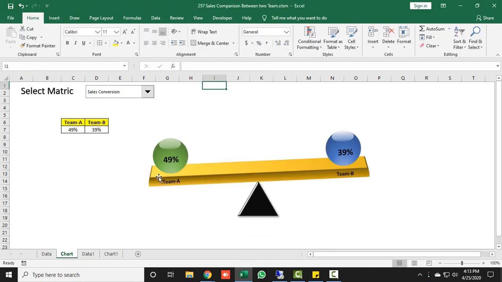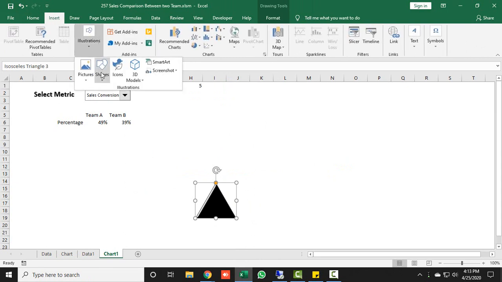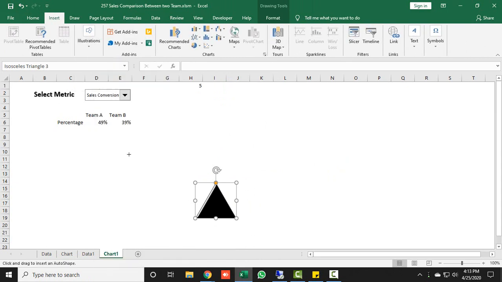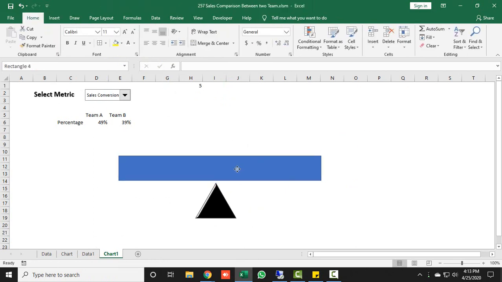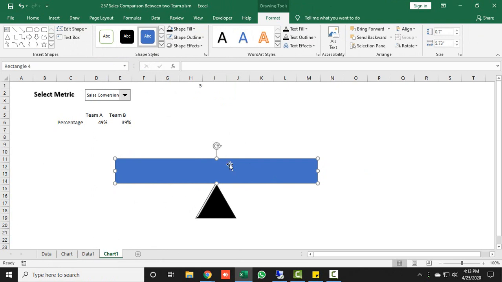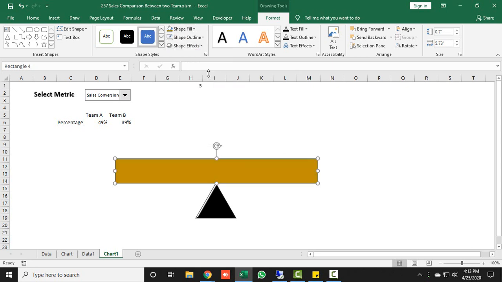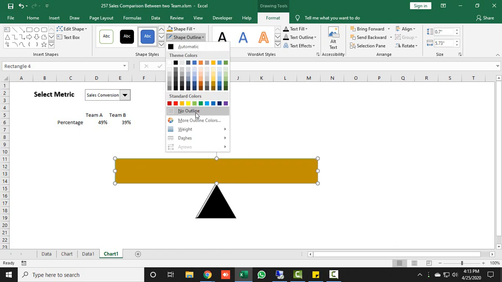Now I need to create this base, so I will go to the insert tab again and take a rectangle and draw it and put it down. Then we select it, go to format and set the shape fill as this one. Take this one, and set the shape outline as no outline.